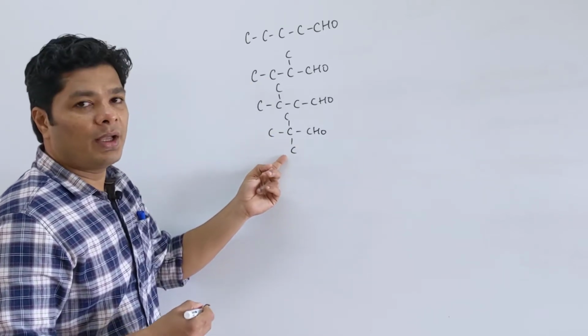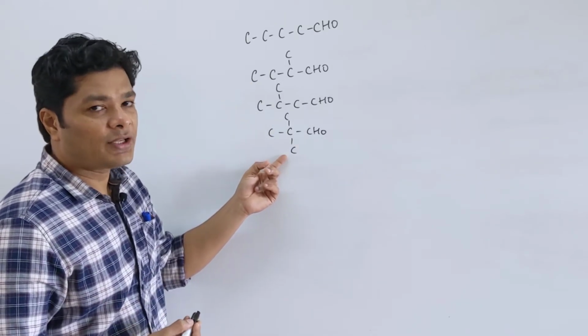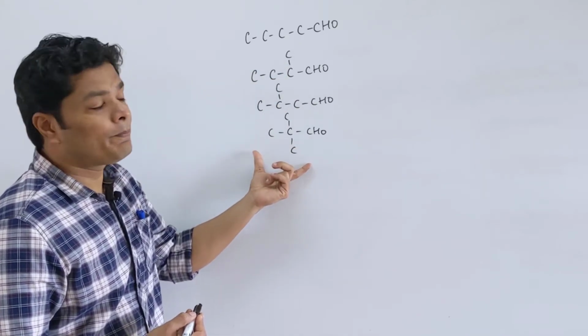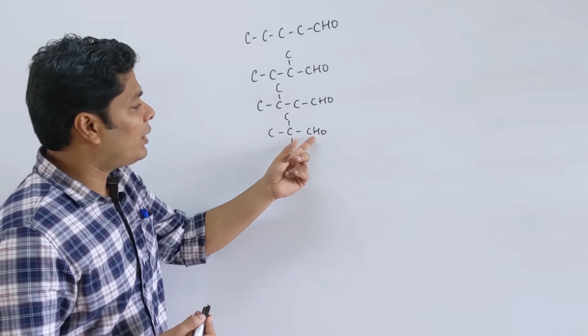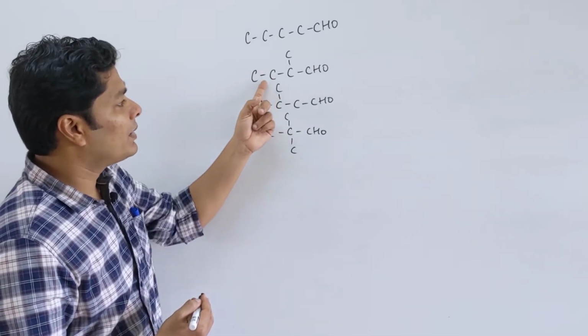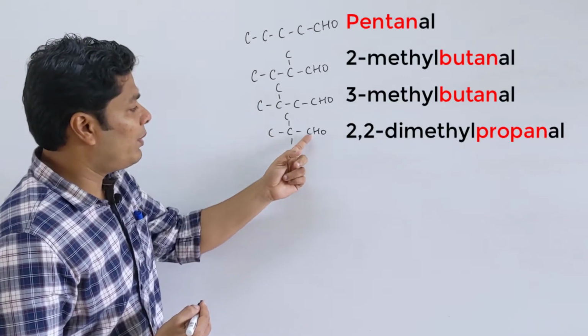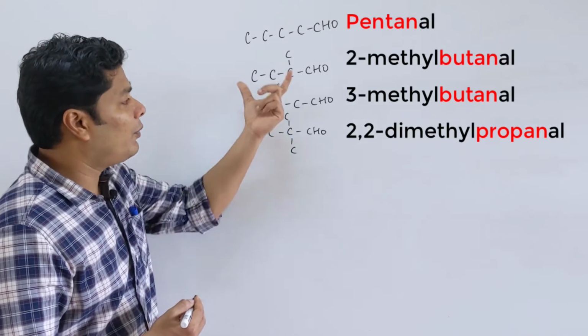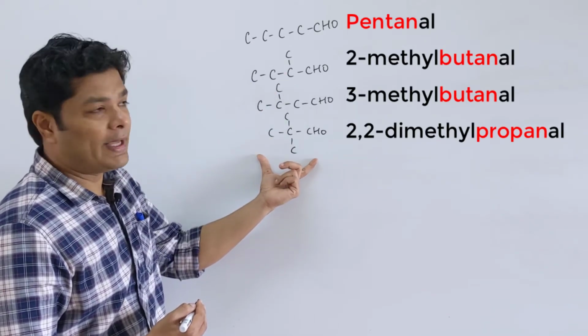These are too simple. If you want to figure out how these are chain isomers, try to give them IUPAC naming. You would actually see that the naming is different based on the longest chain. So the root itself is going to be different. This is going to be pent, this and this are bute, this is going to be 1, 2, 3, so this is going to be prop. So this is going to be how the chain isomers are going to play out.